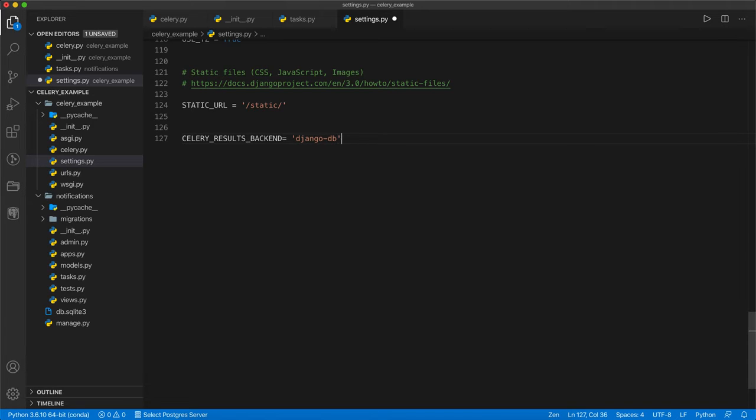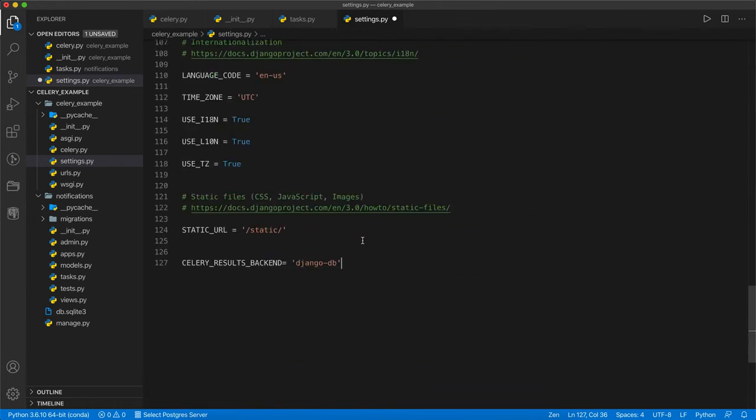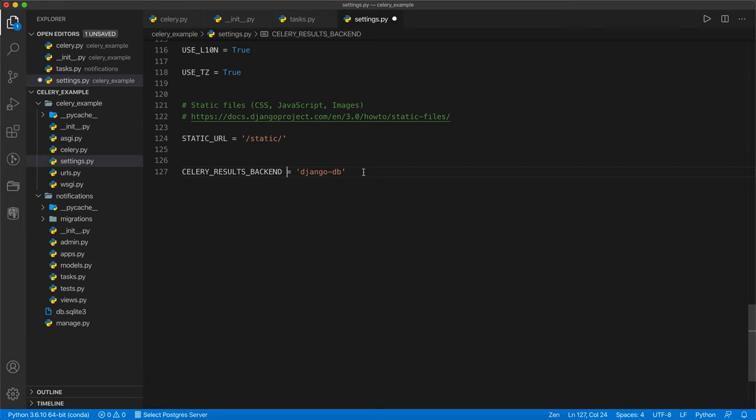Basically what we are saying is that you need to use the same result backend that the Django project is using. That means the default database which we are using in this project, the same database will be used for the results backend. Then one more thing, there is a cache you also need to enable. So CELERY_CACHE_BACKEND, and here you need to call django-cache. Okay, just save it and then restart again.